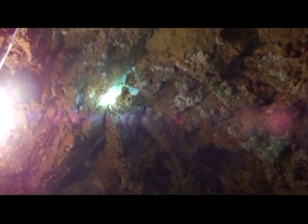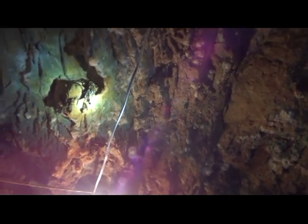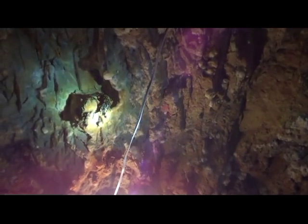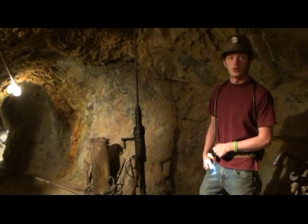ore. The white is that magnesium sulfate. Then we come over here to the red and black, which is rust. Originally it was iron until it oxidized. And our purple, that's actually over here on the bench or stope further upwards